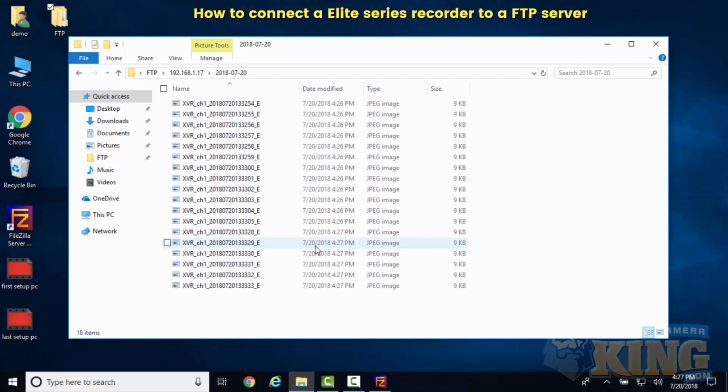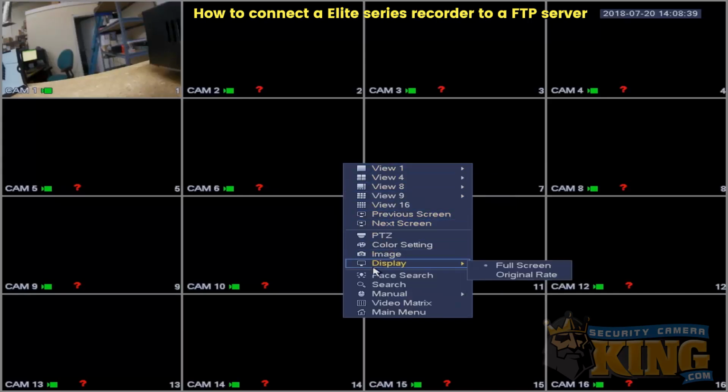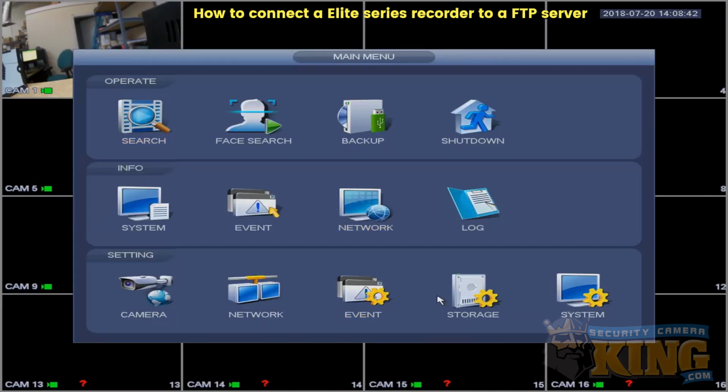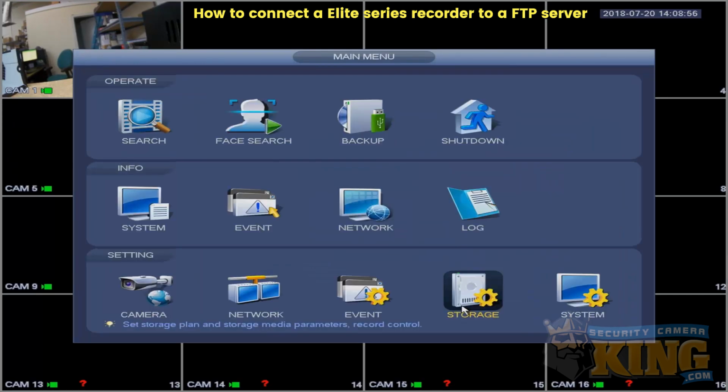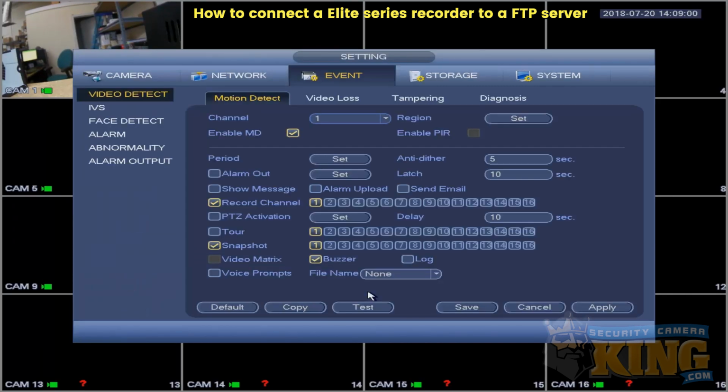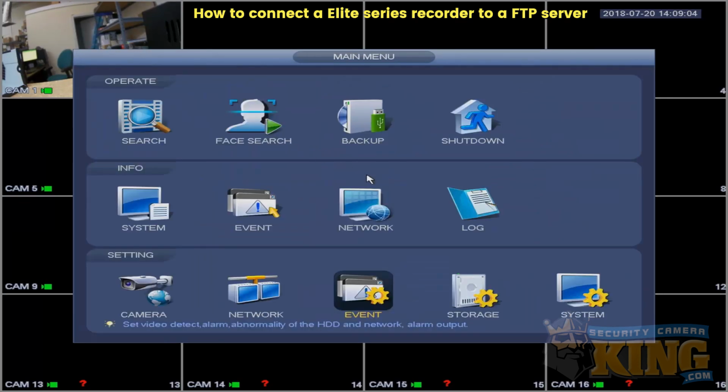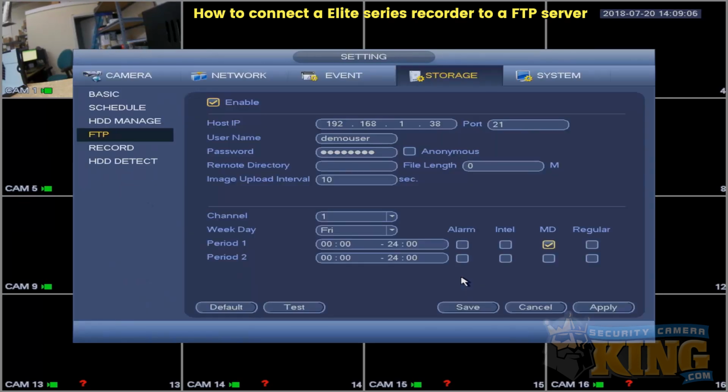And then we'll go ahead and go over the settings on how to send video to your FTP server. So you want to go to the storage settings and go back to your FTP settings and change the weekday to all for your schedule. And from here you could enable alarm, Intel, motion detect, or regular. So we'll just select motion detect, and then we'll go ahead and make sure motion detect is still enabled, which it is. And then we'll go back to our schedule,